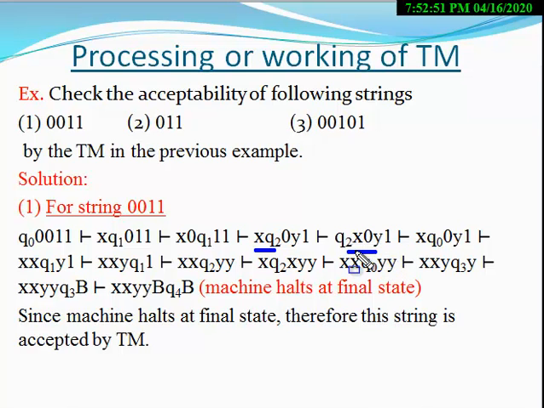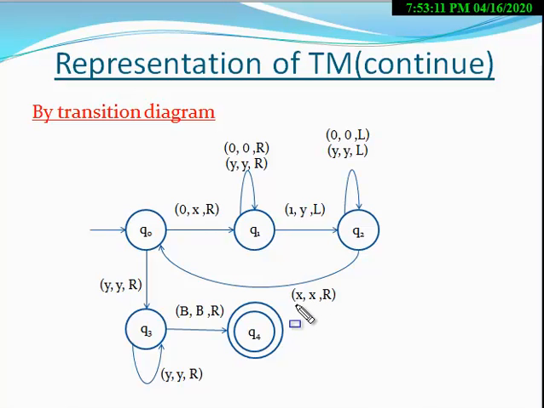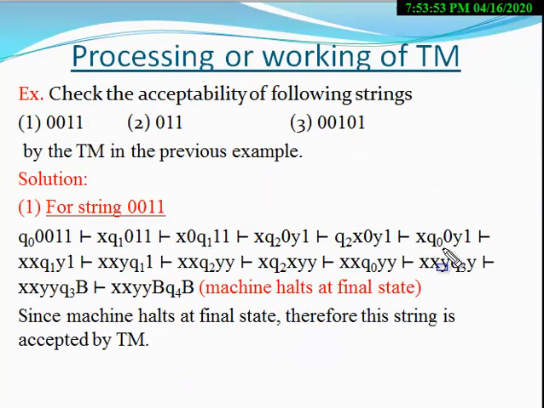Now you have to check which transition rule will be applied. So you have to check Q2 X. At Q2, when the tape symbol X appears, Q2 moves to the initial state, and X does not change here, and the machine also moves to the right direction. So two actions are applied. First, the state changes from Q2 to Q0. The second action, the machine moves to the right direction. Now you apply these two actions in the current ID. After applying the actions, we get the following situation.